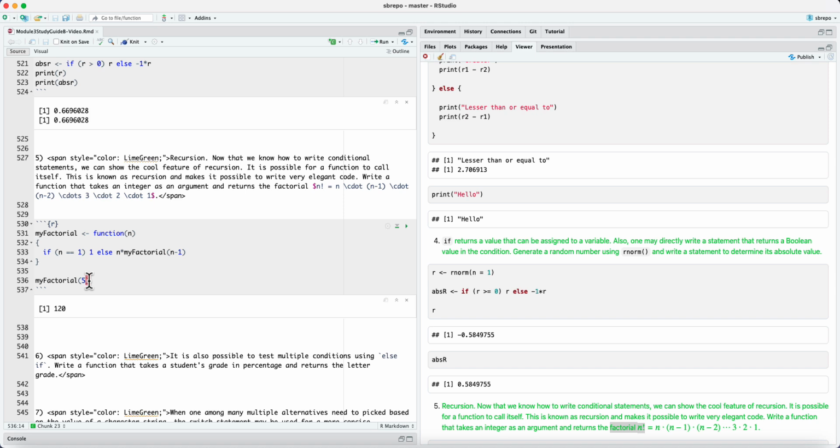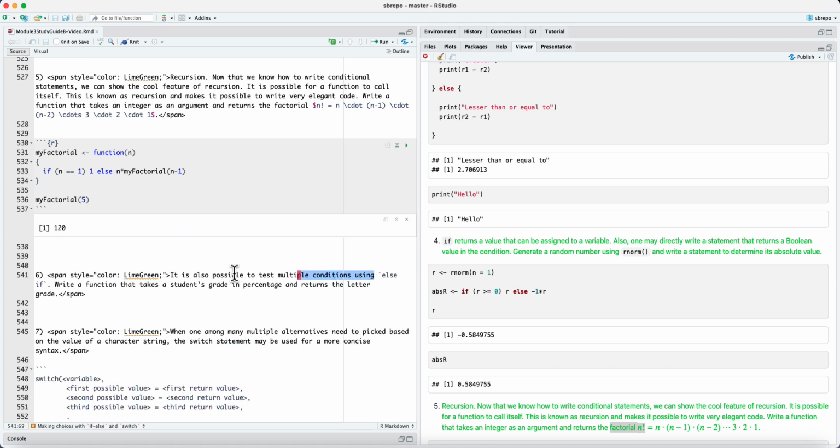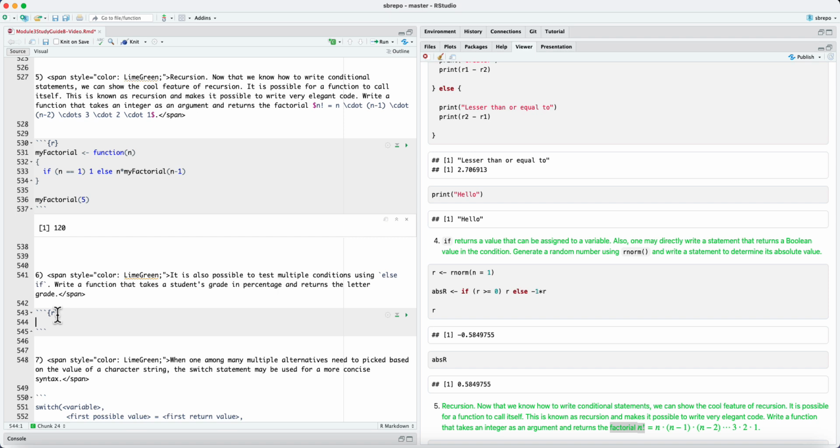It is also possible to test multiple conditions using else if. So let's try this out. Let's write a function that takes a student's grade in percentage and returns the letter grade. So we will have a function called letter grade, and it will take as an argument the percentage grade,